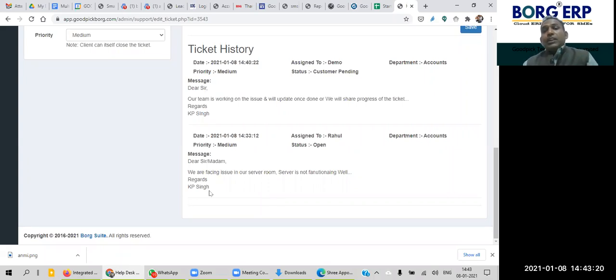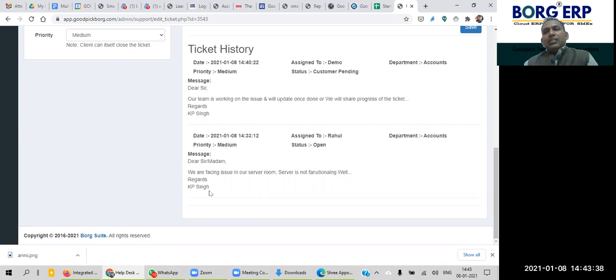And the management of the company can't ensure the productivity of the support team. They can't ensure the satisfaction level of the customer, how they are interacting, and how your support team is dealing with your customer.